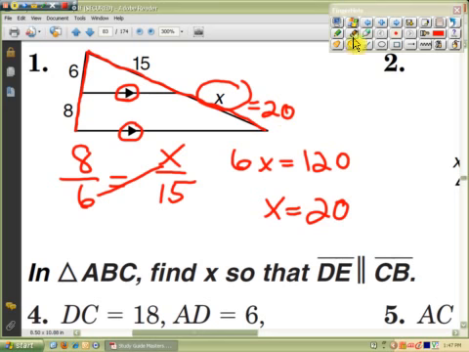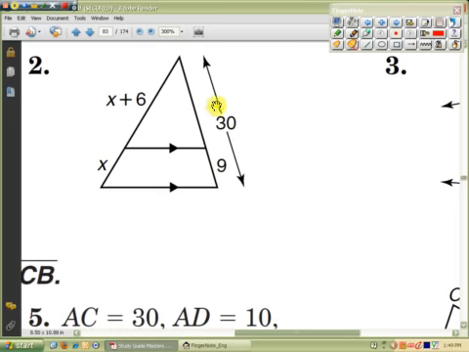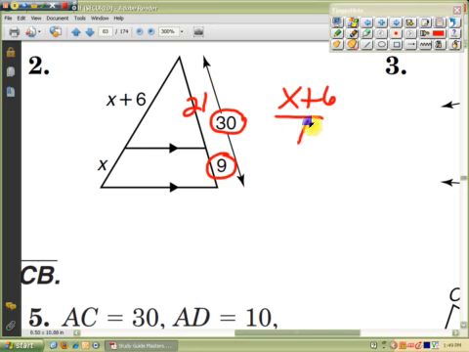Okay, if I need to go back, I will. But number 2. So again, we have a similar problem to number 1. This time they give us the whole side is 30. Well, if this side's 9, that means that this side's 21. So we have x plus 6 over x, and that equals 21 over 9. Now when we solve this, you cross multiply